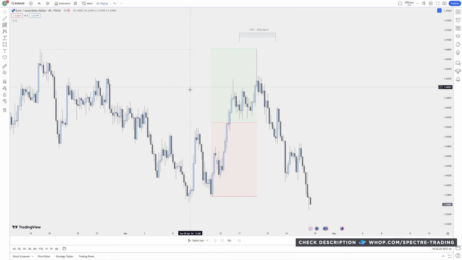So as you can see, we're on the 4-hour time frame and we have run external range liquidity. We are currently trading inside of the premium of this dealing range. Okay, pay attention to this low. This low is going to be our draw on liquidity, which is Friday the 12th of April. You can see that price trades much lower and we eventually do run that low, but pay attention to when it gets run. This low gets taken